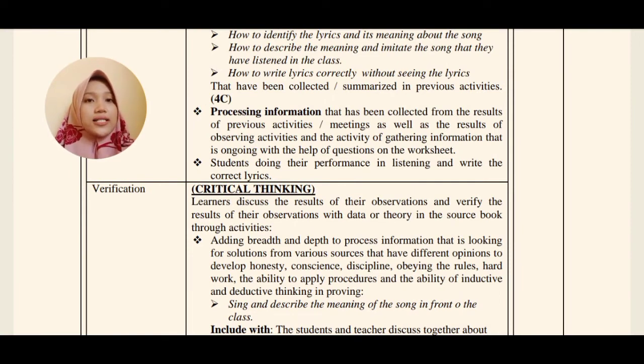Then verification, critical thinking. Learners discuss the result of their observation and verify the result of their observation with data or theory in the source book through activities. Adding brain and step to process information, looking for solutions from various sources that have different opinions, to develop honesty, conciseness,